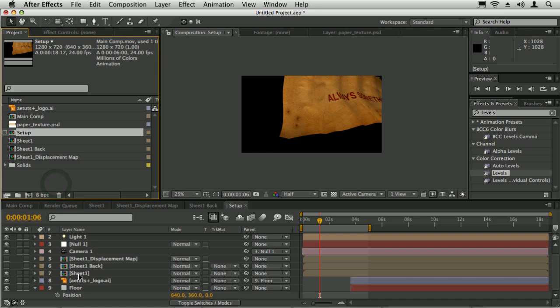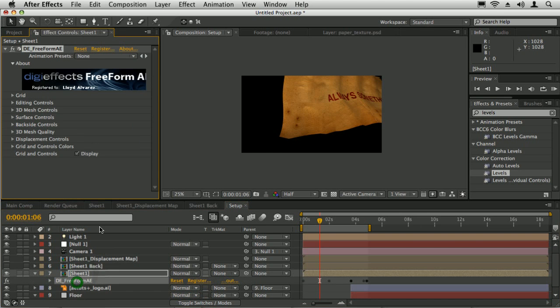You do that by going to the plugin and then in the... Oh, you know what? Look, I left the mesh quality at 30. That's why it rendered so fast. But anyway, it looks pretty good for now. If you go to surface controls and you turn up the specular,